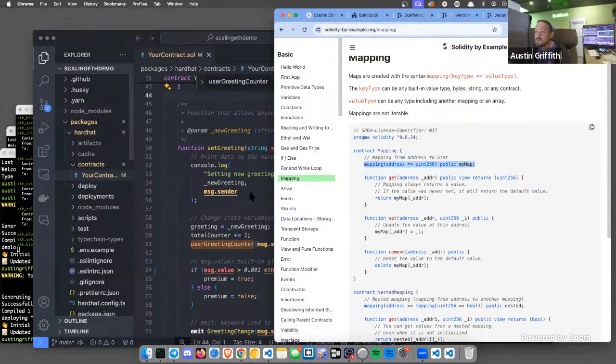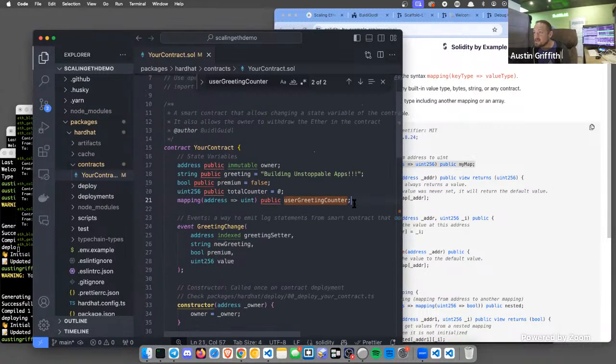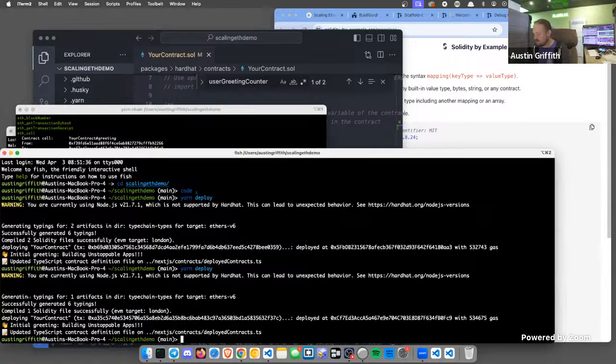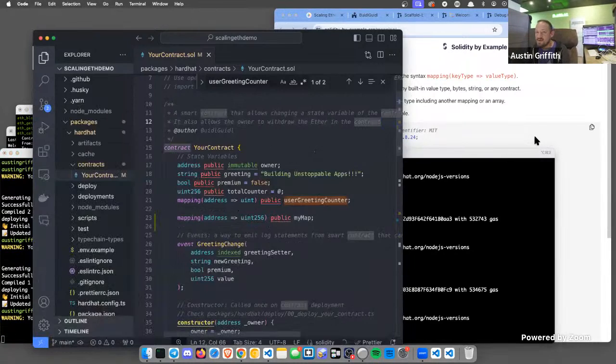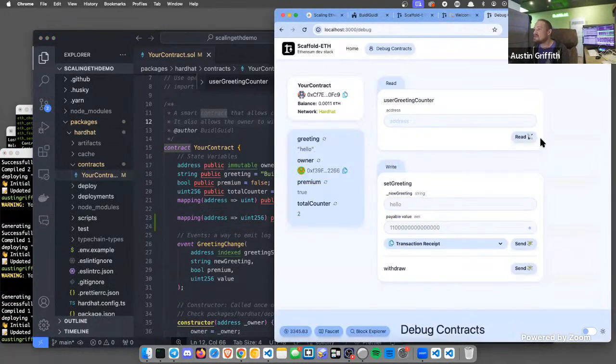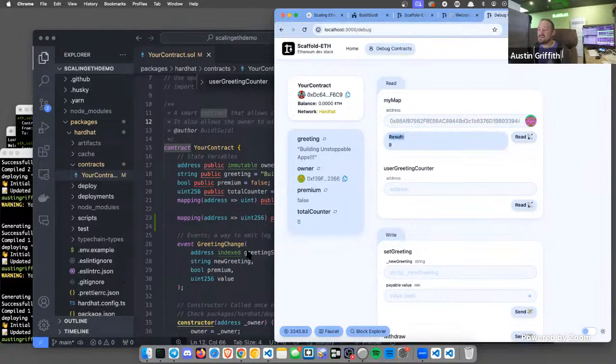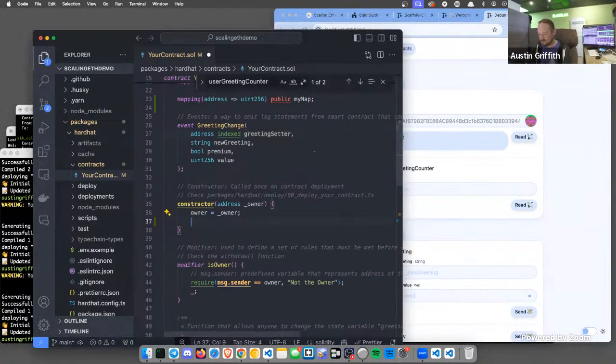You can take something and you can copy paste it into your smart contract, and you can hit deploy, and then you'll notice this new, so we put in a my map there, right? So now over here in our debug, there's now this my map, and it looks like you can put in some address and you're going to get some value out, right? And that's set to false, but maybe we could get in here and say my map for this address equals